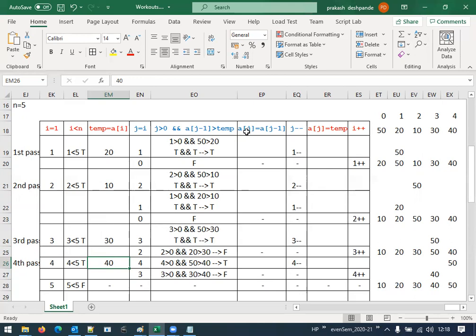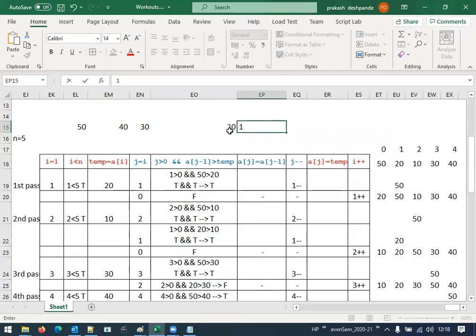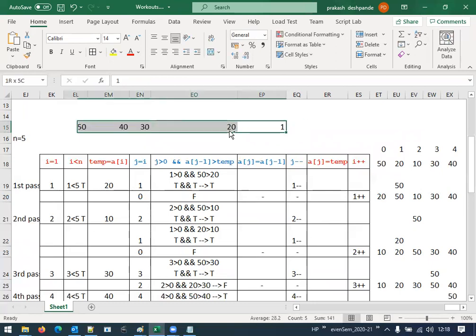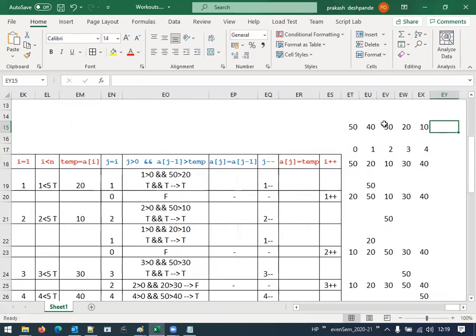Okay. This particular program is little tricky, but what I would request is that take up another example. Probably you take one example where the numbers are in descending order, like this. Take values which are in descending order. Let me rewrite once again here. 50, 40, 30, 20, and 10. Take these values and then try to trace as this. Then definitely you will get at the end 10, 20, 30, 40, and 50.